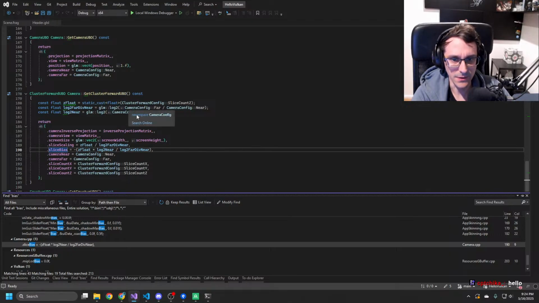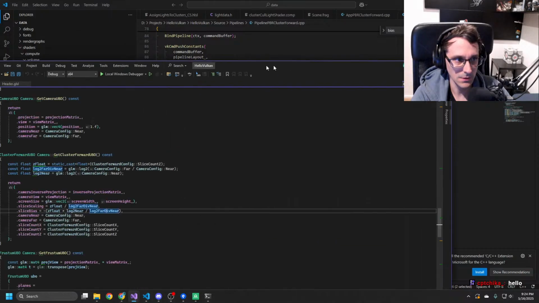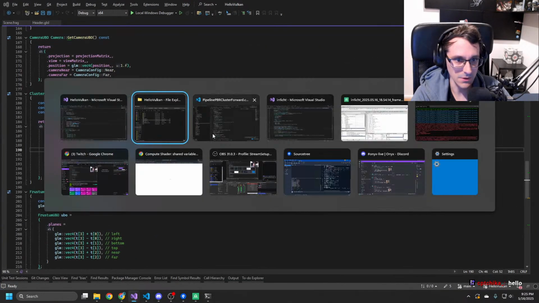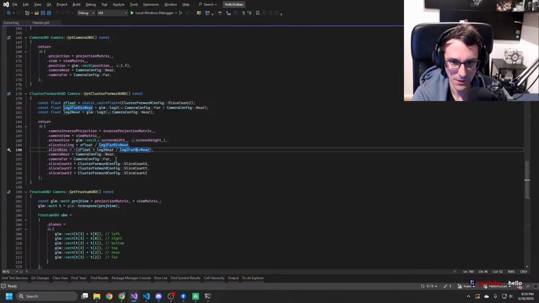And then this is here a log 2. Did we have that as well? Okay, so we have a log here, which is that one, and then we have a log here, which is that one. Perfect. So it is the same.